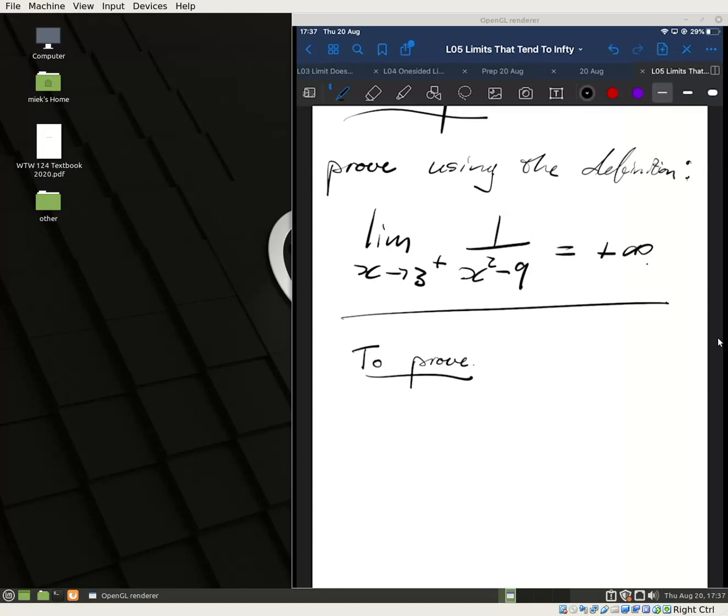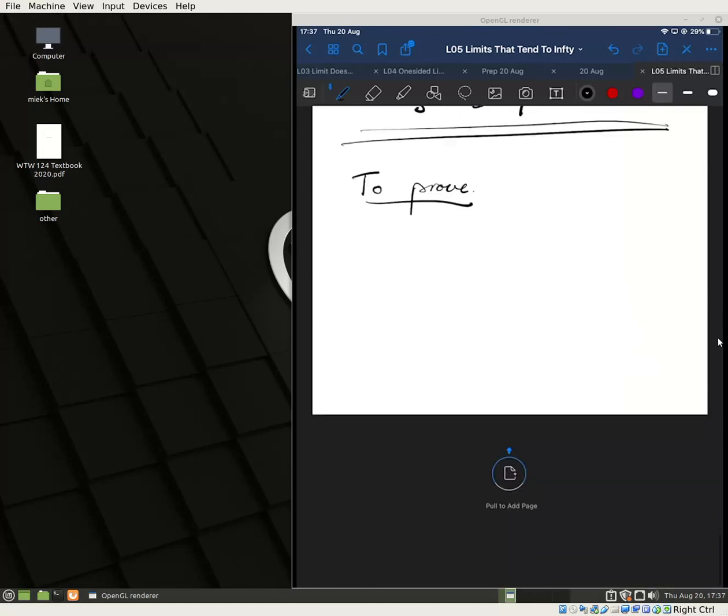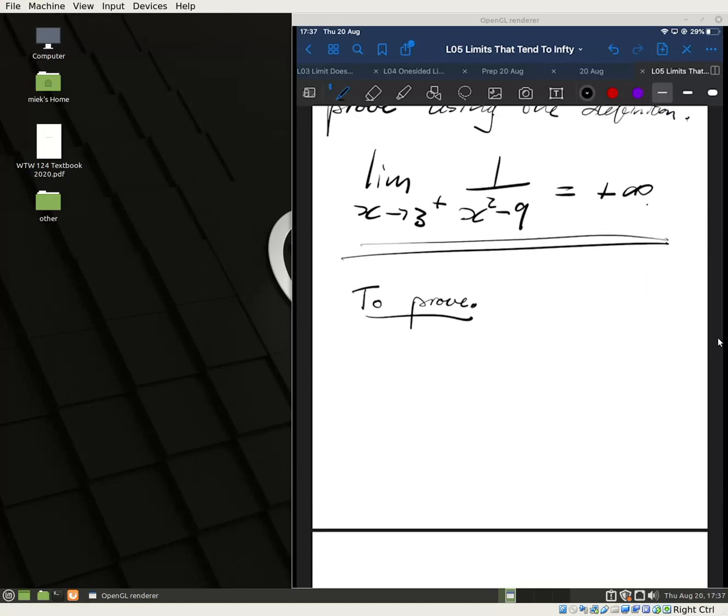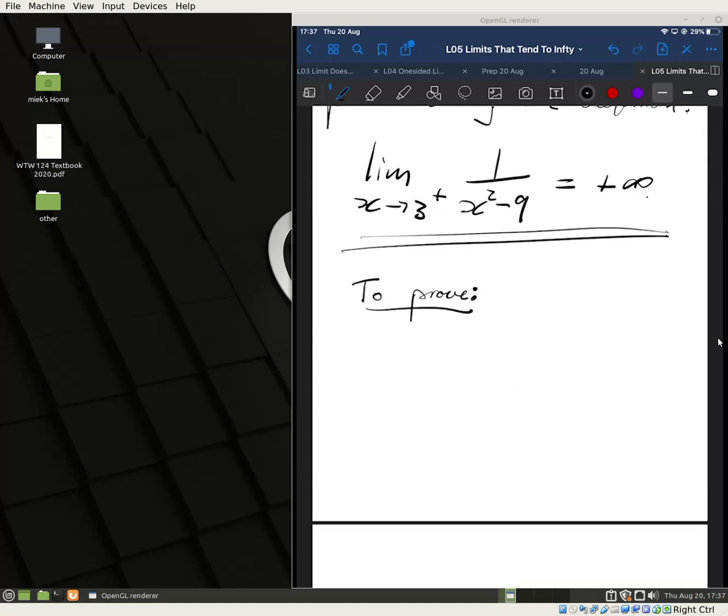And what do we need to prove? We need to prove this statement. And to be able to prove that, we need to know exactly what this means. What does it mean? We need to have the definition memorized. So for every E greater than 0, there exists a delta greater than 0, so that